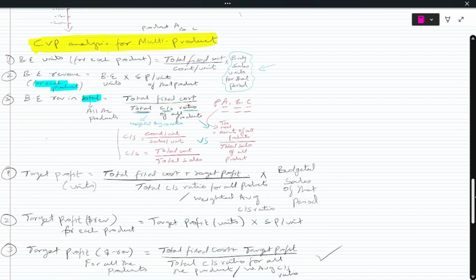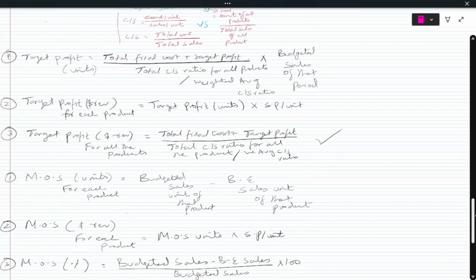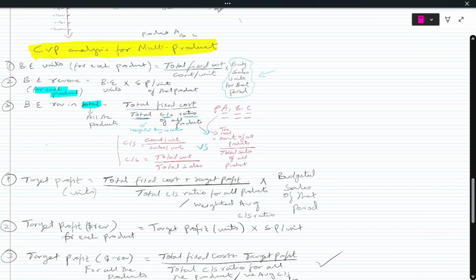Okay. So guys, this is it for today's video, right? The objective of today's video was to explain to you that CVP can not only be for a single product, it can be for multi-product and it can be tested in your exam for multi-product scenarios. So therefore, you should first of all understand the assumptions that we use for multi-product, number one. Number two, you should know all these formulas for multi-product, right? So you can see that these formulas are nothing new. These are the same that we have learned in detail for the single product, right?